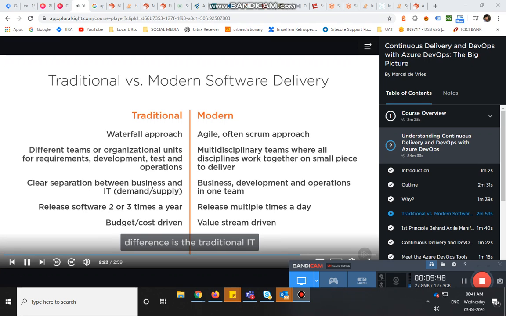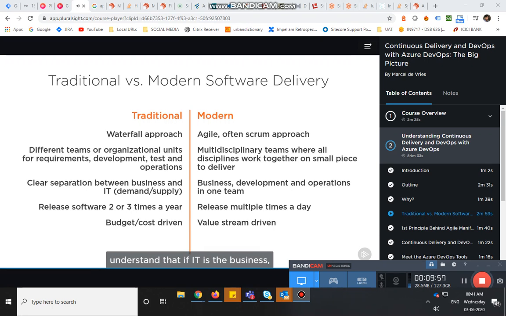And finally, a very important difference is that traditional IT organizations reason that IT is a cost center, and therefore run a budget and a cost-driven operation, trying to squeeze the best bang of the bucket, and also often outsourcing a lot of the work as fixed-price requests. In modern IT, we understand that if IT is the business, then we need to ensure